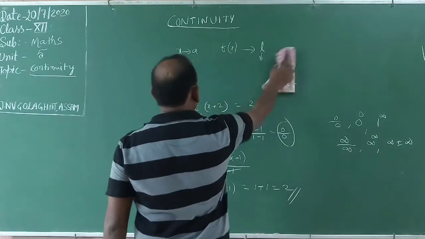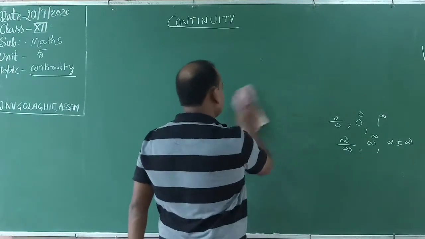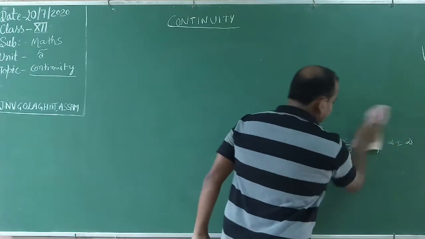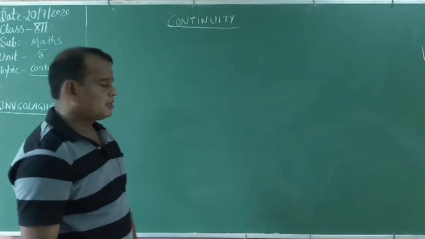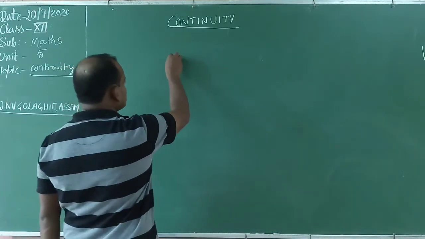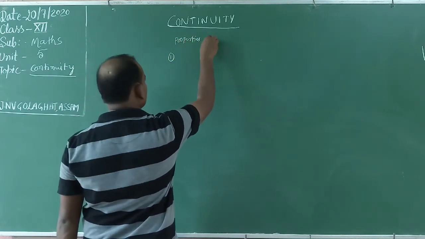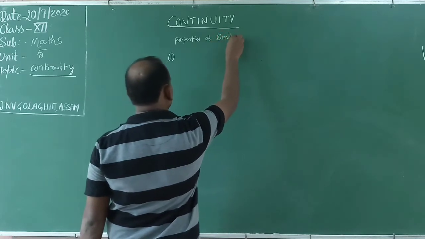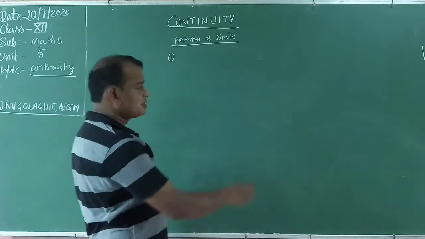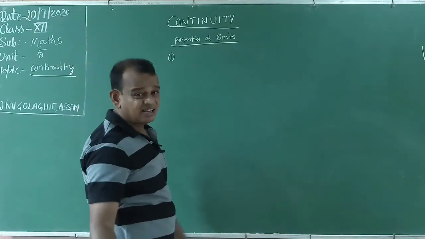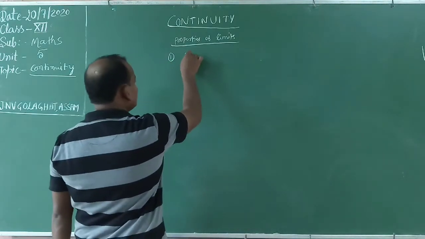Now what are the properties? You know very well the properties of the limit, formulas for the limit. Now observe that each and every one you know very well. What are the properties of the limit? Now first property, let f of x comma g of x be two functions. Then k is any scalar, L comma m are any scalars, whatever may be, L comma m are any scalars, means real numbers.